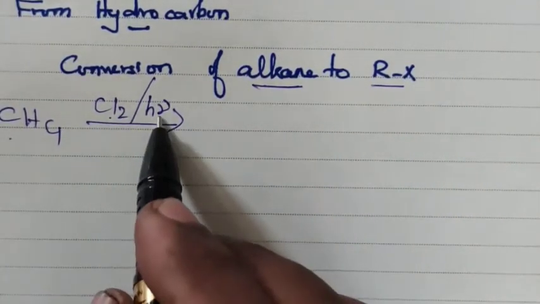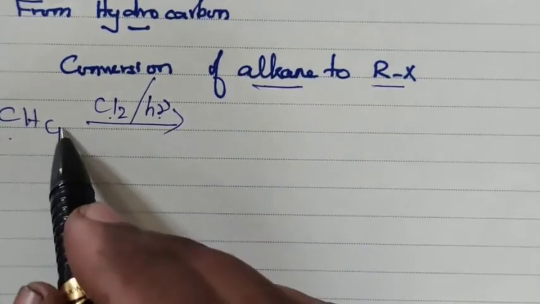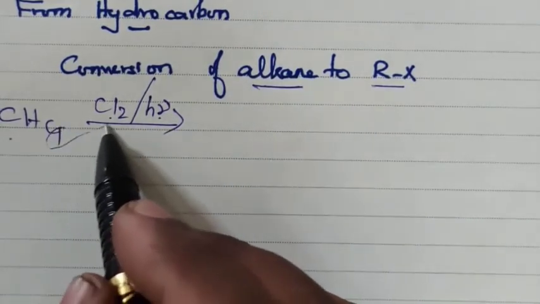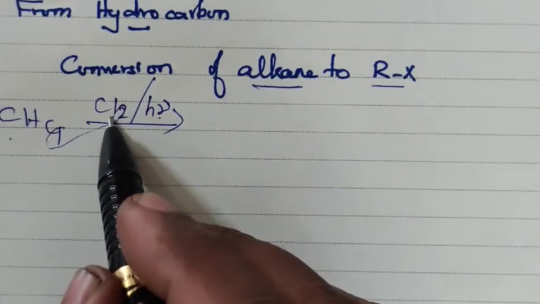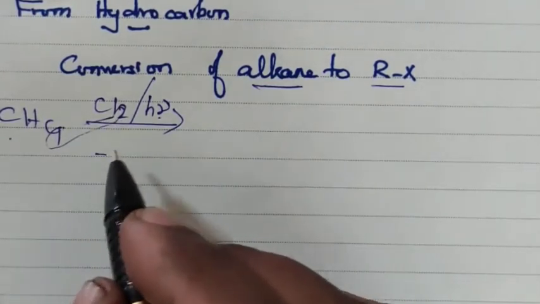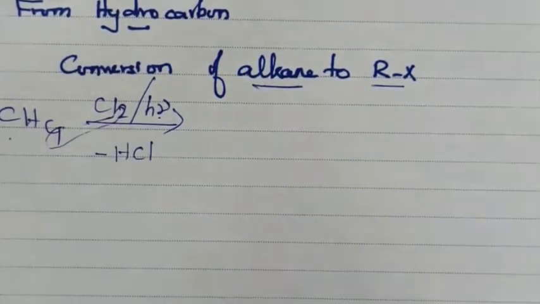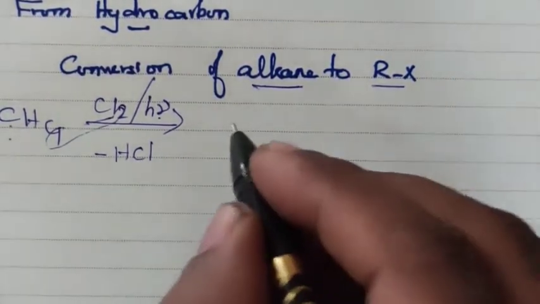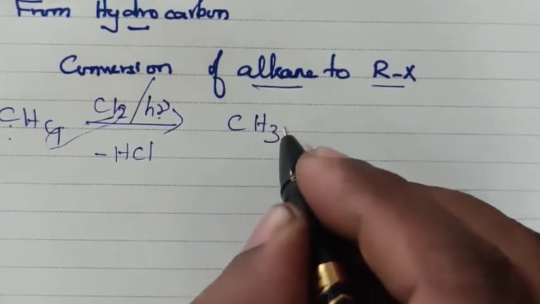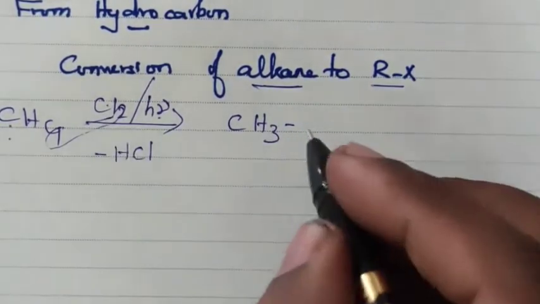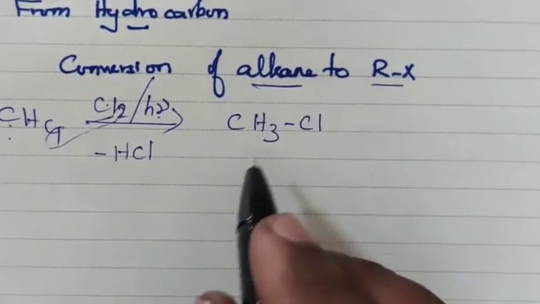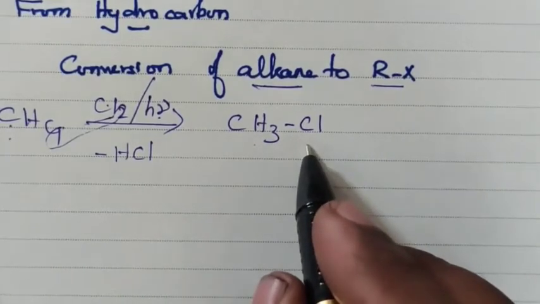in the presence of light, what happens is, from here one hydrogen reacts with one of the Cl, and hydrogen chloride gas will be coming out. What about the remaining thing? Here CH3 is remaining, here one Cl is remaining, they join together to form alkyl chloride.